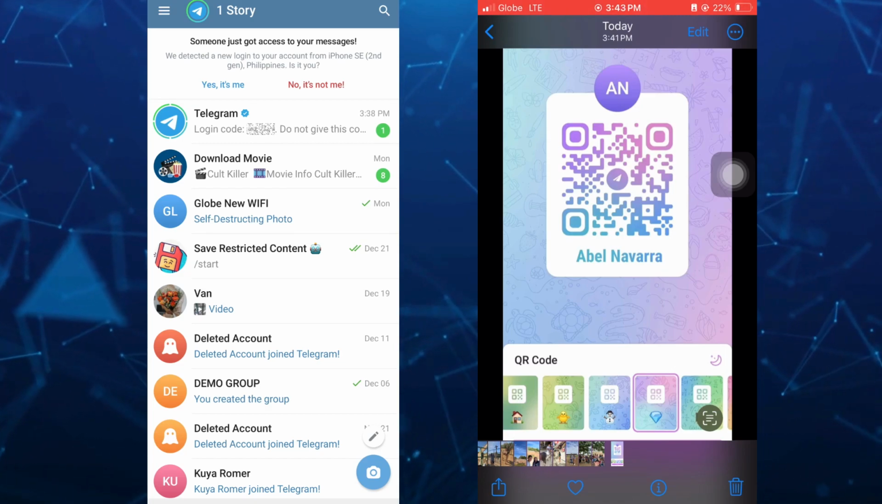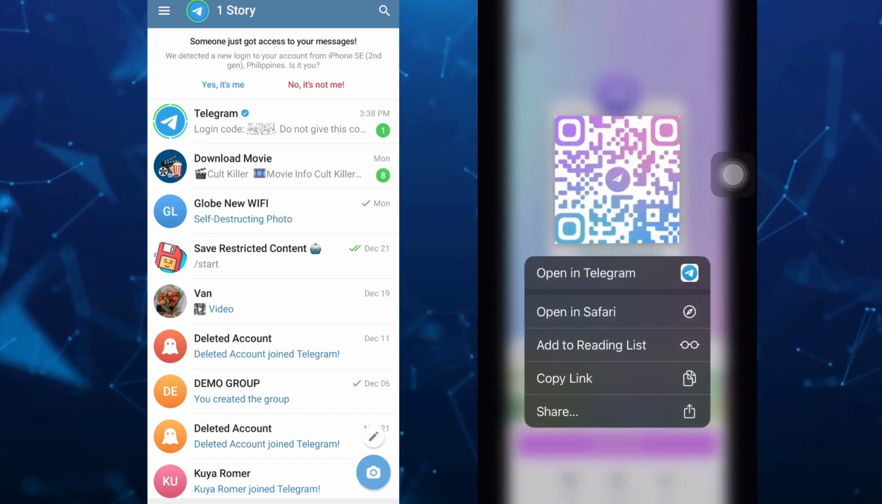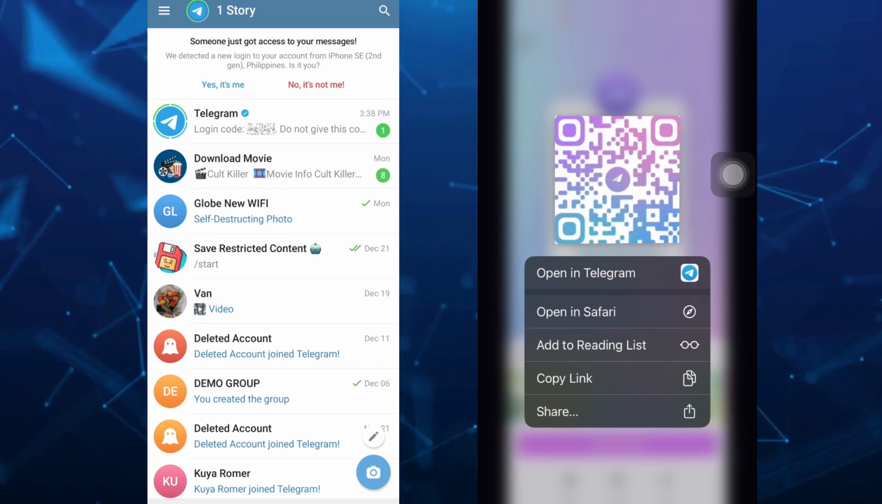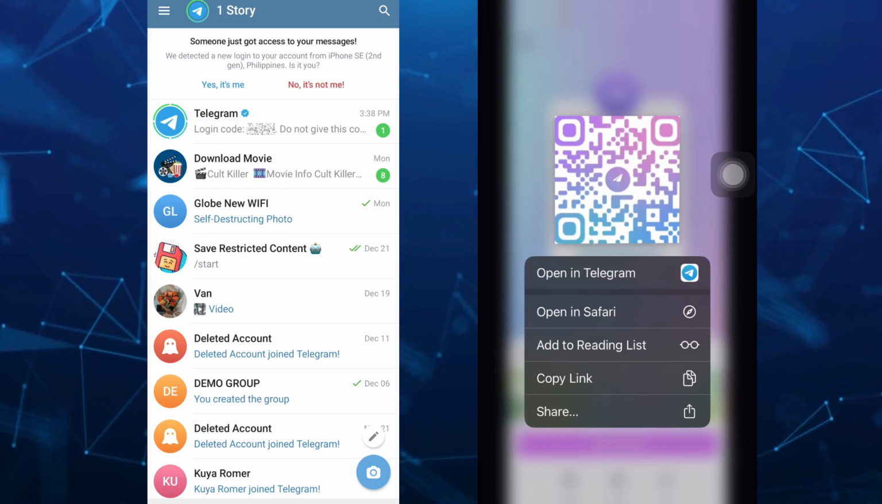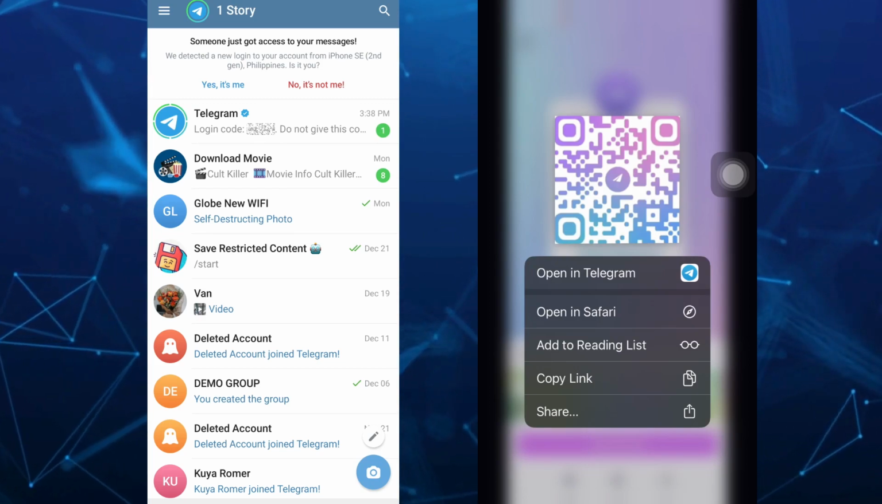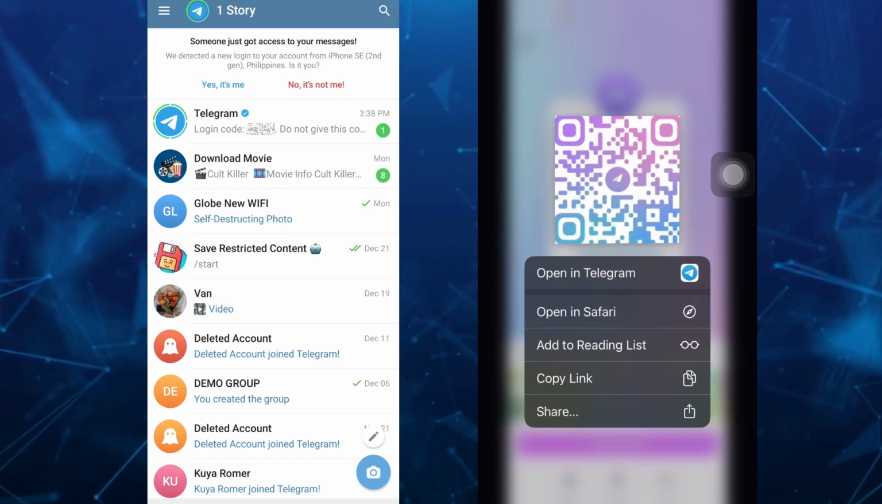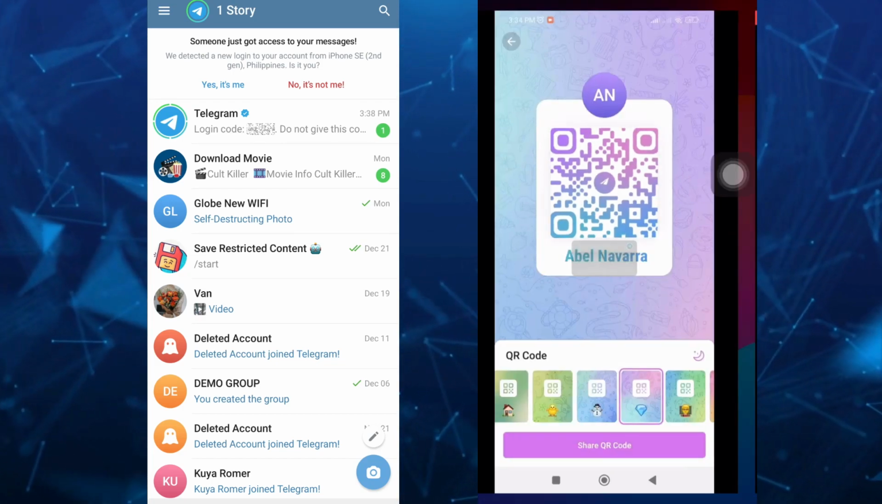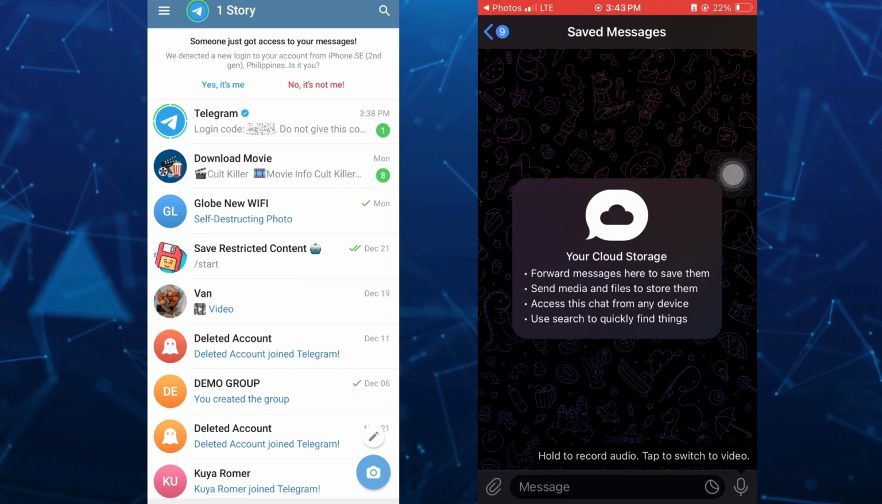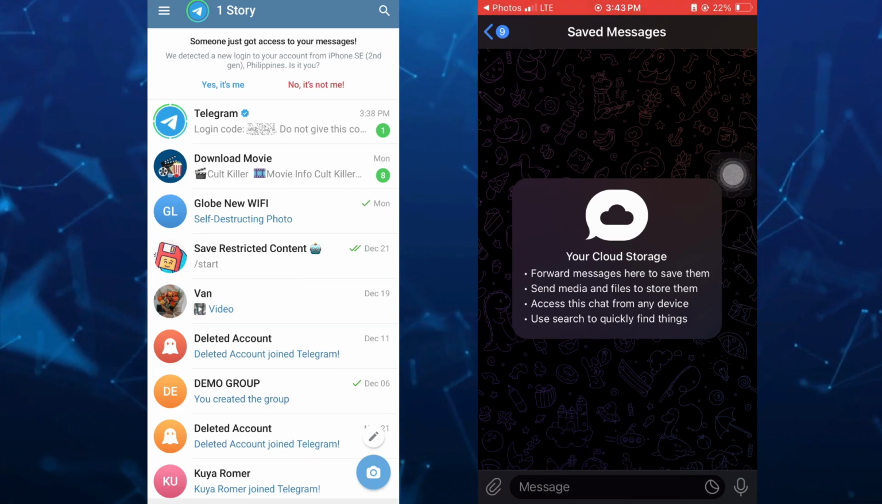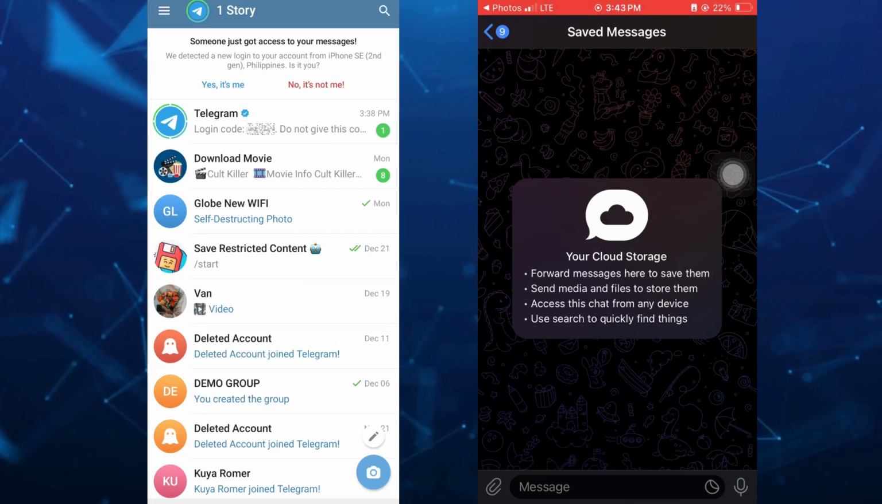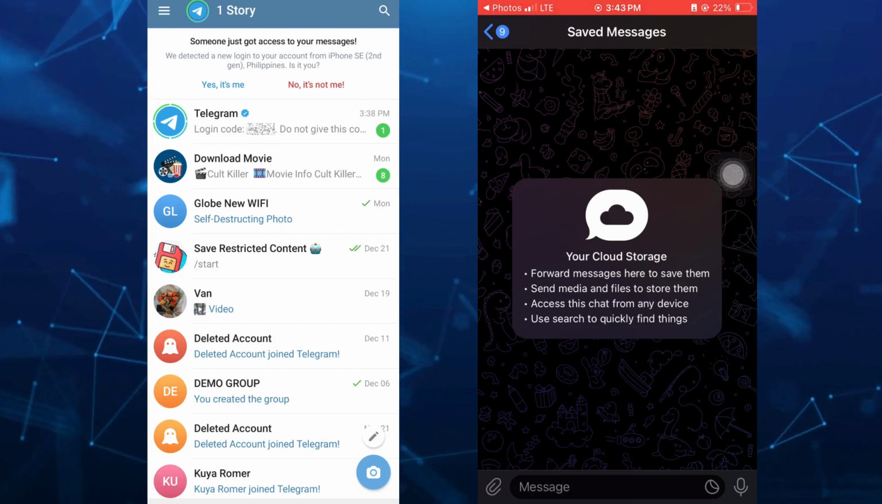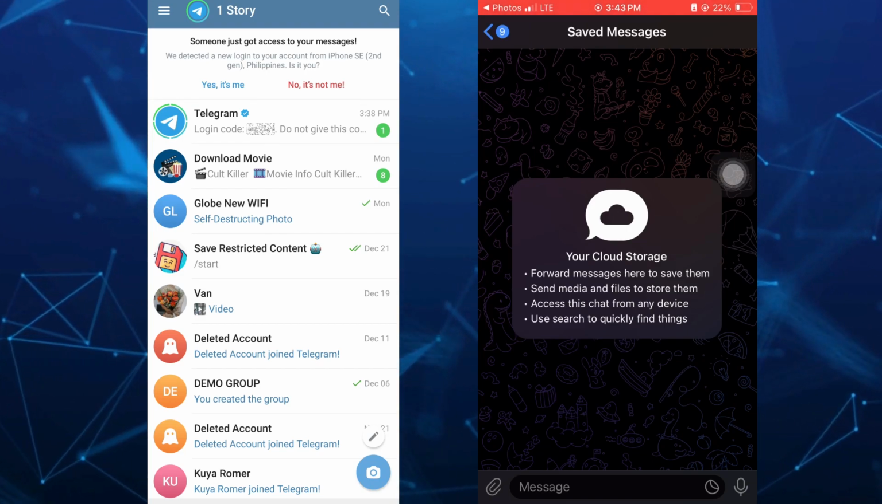someone, and then tap and hold on that code, and then it will show you this option here. So it's very easy. You just need to tap on open in Telegram or open in Safari. So if we're going to tap on open in Telegram, well, eventually it will automatically open your Telegram application. So there you go. Now, if you're using your Android device and you want to scan a QR code on